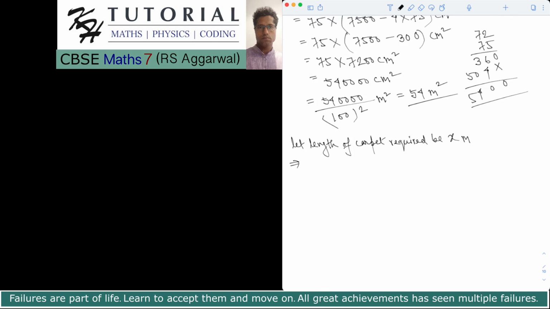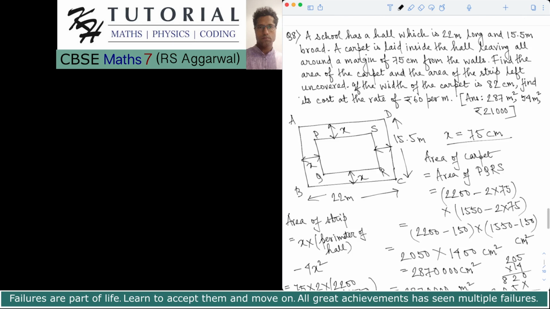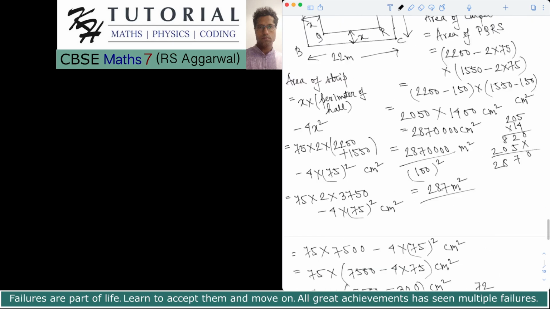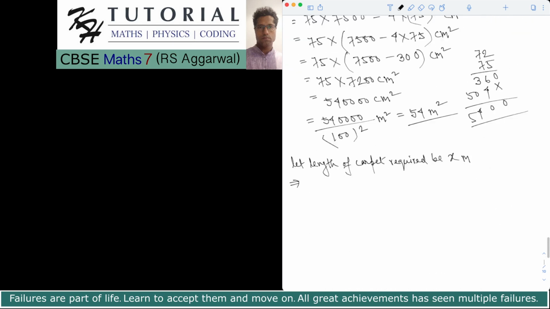So the area of the carpet, if x meter length of the carpet is required, and the carpet has a fixed width of 82 centimeter, then the area of the x length of the carpet